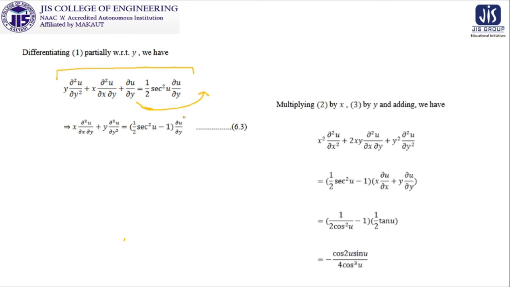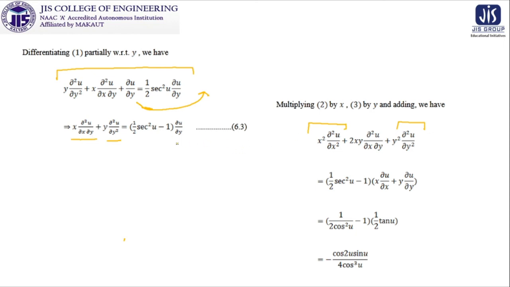But before that, we have to multiply equation number 2 by x and equation number 3 by y. Why are we multiplying it? Because our requirement is x², y² and 2xy, but we get in this case x and y. So if we multiply by y, this y will become y², this x will become xy. Similarly, for the second equation, if we multiply that by x, the first term will become x² and the second term will become xy.